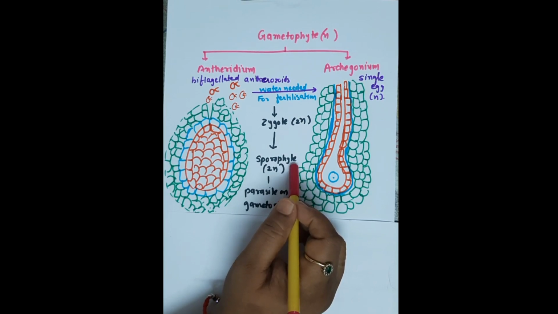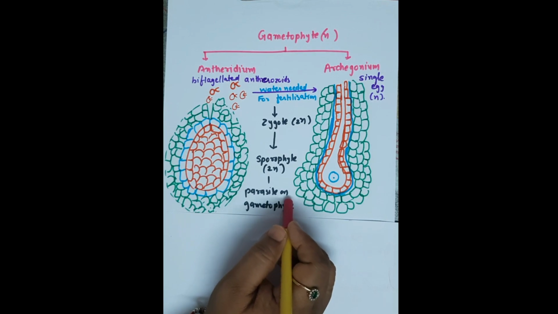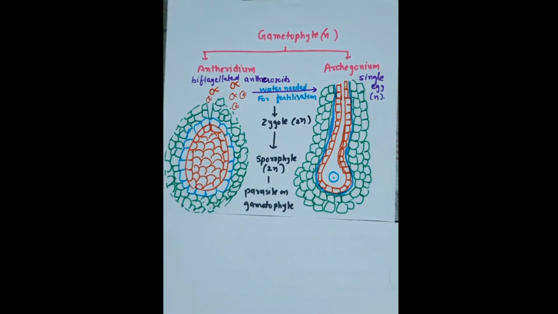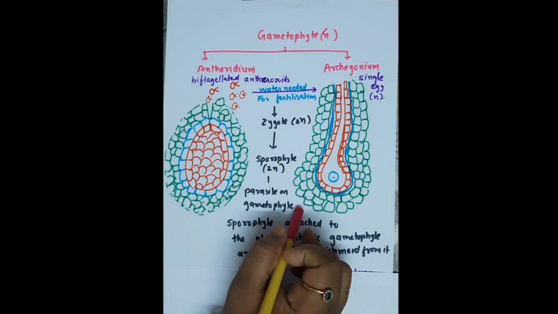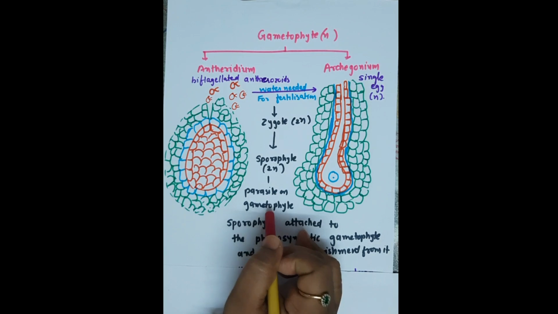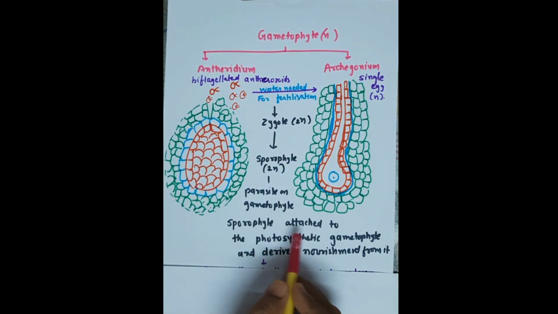And second thing, this sporophyte is not free living, but is attached to the photosynthetic gametophyte. So we can say that the sporophyte is a parasite on the gametophyte, because as I have discussed earlier, gametophytes are leafy, so they are photosynthetic, right. So on the gametophytic phase, who depends? The sporophyte. So the sporophyte is attached to the photosynthetic gametophyte and derives nourishment from it,